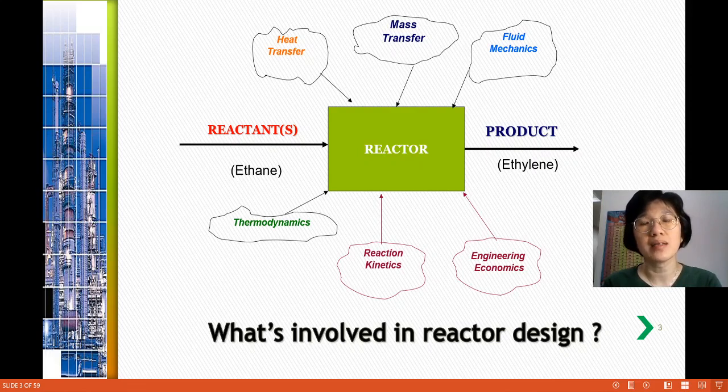It requires a lot of fundamental knowledge, right? And I think in CRE 1, you have actually utilized the knowledge in thermodynamics, reaction kinetics, fluid mechanics, and also heat transfer. But in CRE 2, you add one more, which is mass transfer,